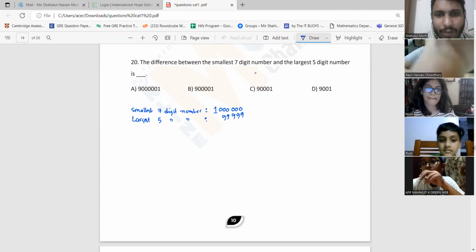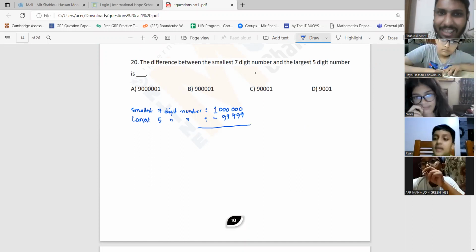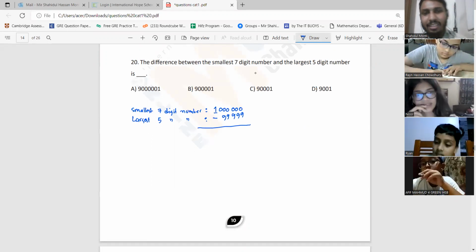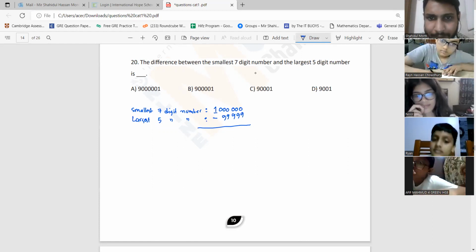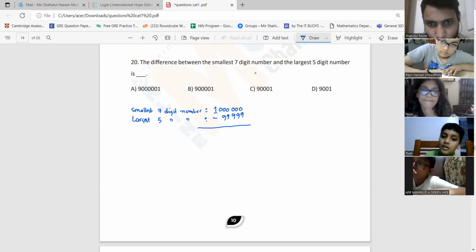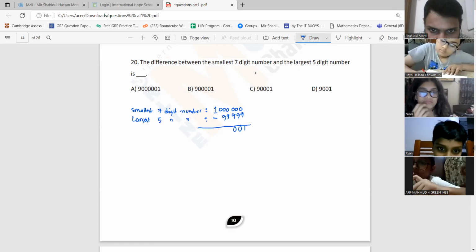The question says we have to find the difference. That means we have to subtract. So the answer will be equal to 1,000,000